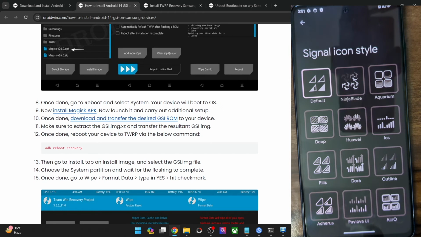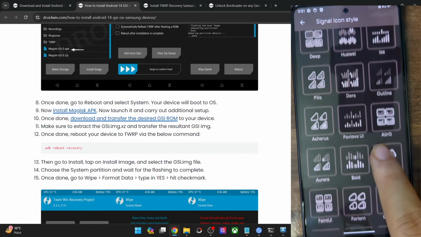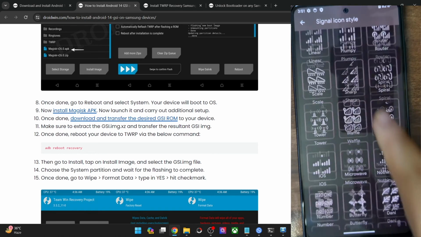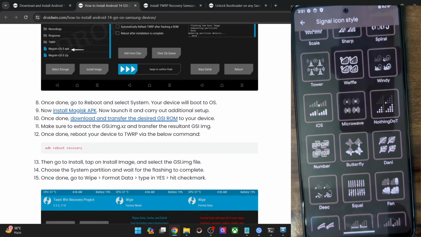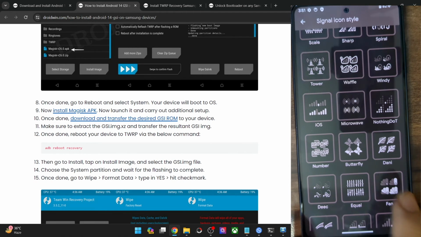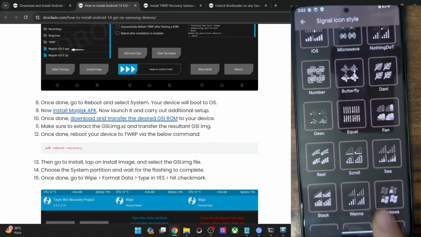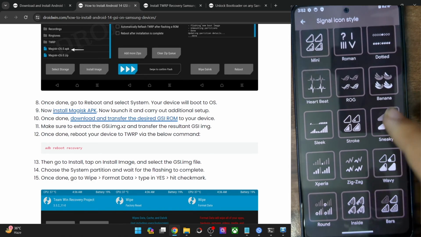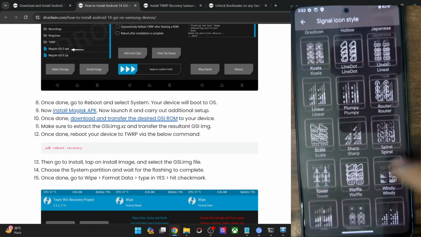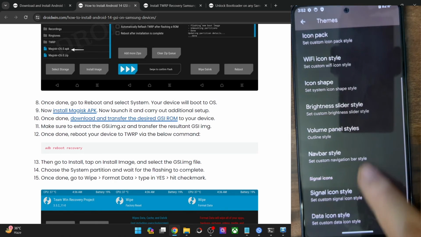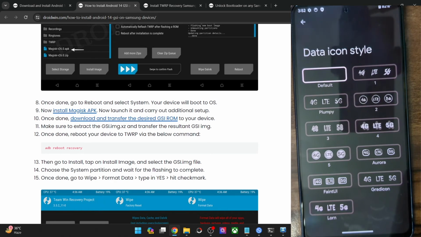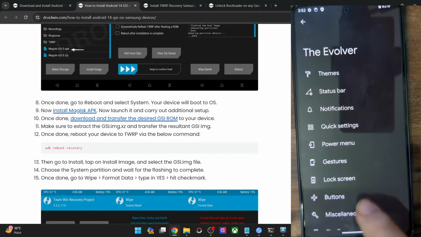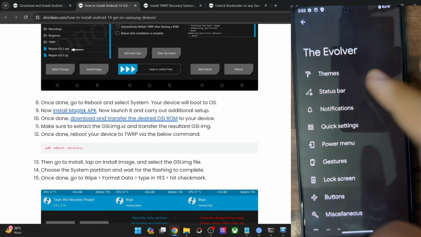Then you have a signal for the mobile data and the carrier. Again, there are quite a lot of options to choose from, as you could see from here. In fact, you might not even find this many options in a custom ROM. These are the options we are getting in a GSI ROM, and even these many options are not there on many custom ROMs as well. Well, it's just a never-ending list. There are quite a lot of carrier data styles. Finally, we have the data icon style for the 4G LTE and 5G. So these are all the customization tweaks, and apart from that, this was just for the status bar.